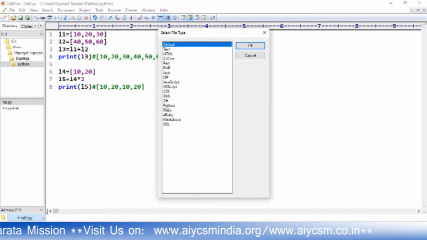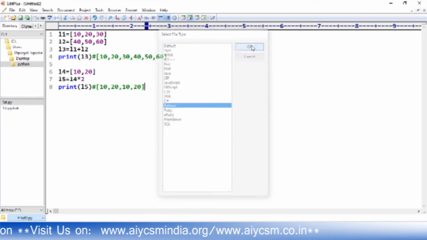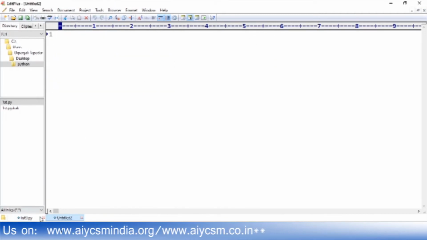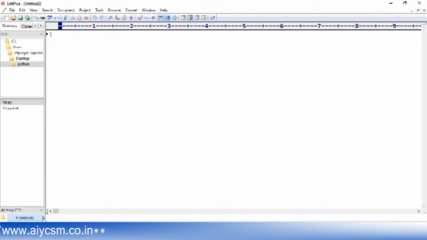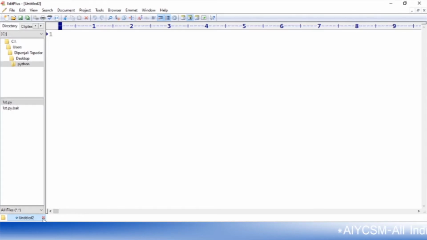Now importantly we will discuss the increase and decrease operations, that is append and insert. These are the functions to increase the content of a list.